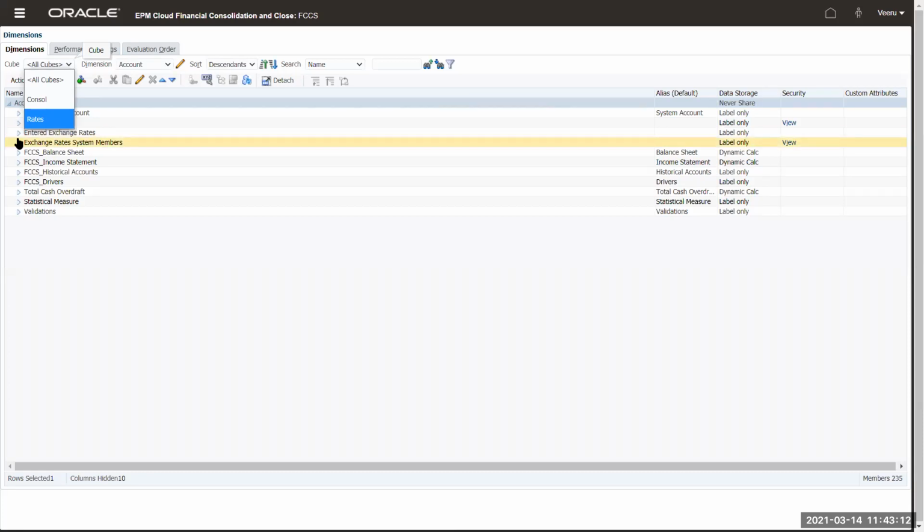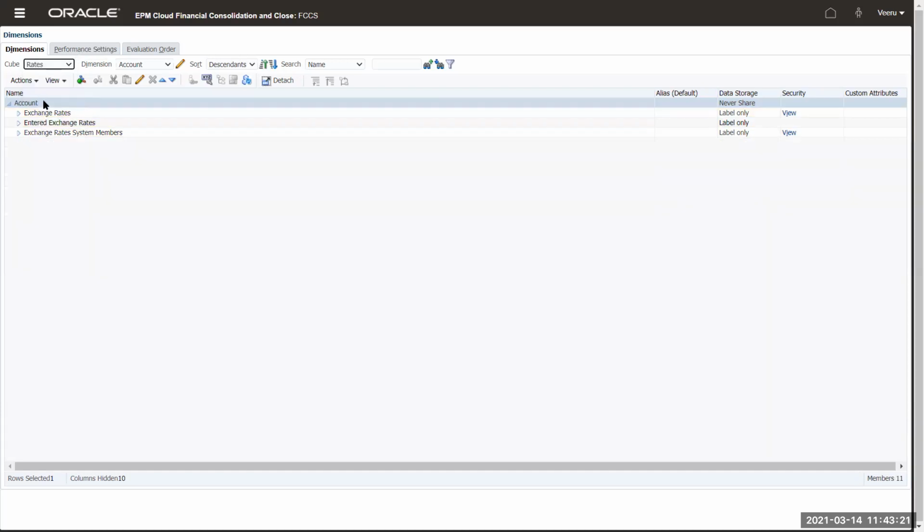If you select all cubes, the dimensions associated with all the cubes will be displayed. If you select a specific cube, let me select rates for now. In the rates cube, the account dimension members have been reduced, which means only the exchange rate specific accounts are part of this cube.